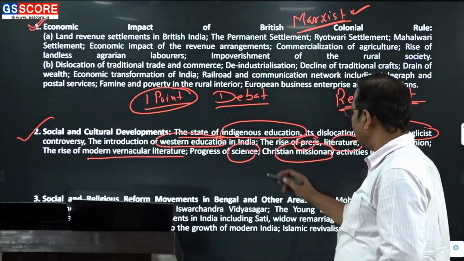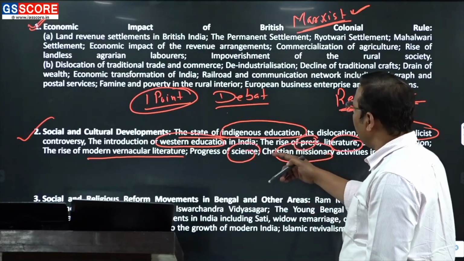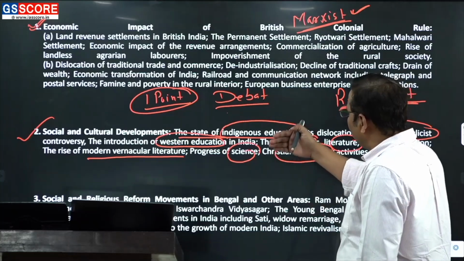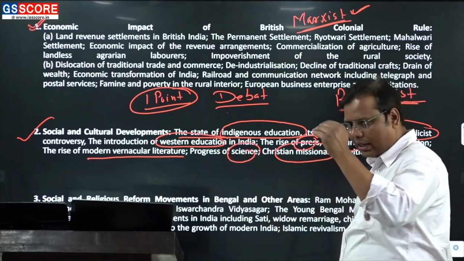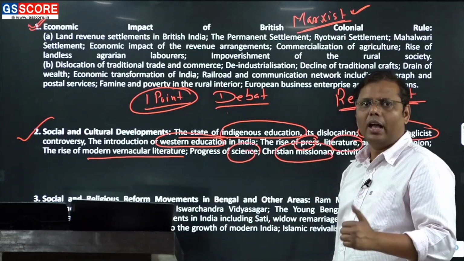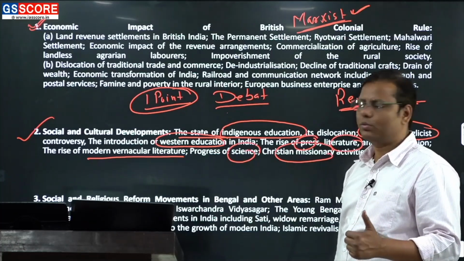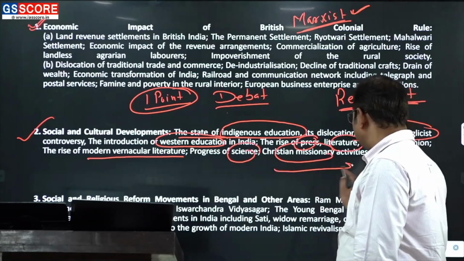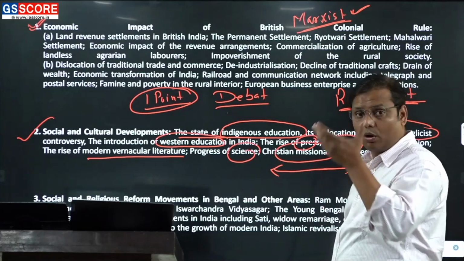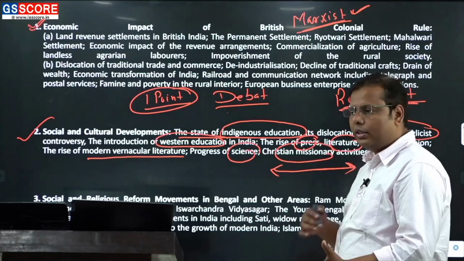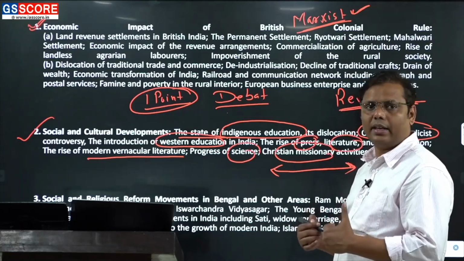When it comes to all these developments, don't see them only factually. Okay, there is a state of indigenous education, I should have the 10 points on education. No, I think that would be incorrect way to see these topics. Why? Again, I told you: horizontal study. So try to connect it with the various other developments happening in Europe precisely, and then India. Then you will be able to understand it in a better way.